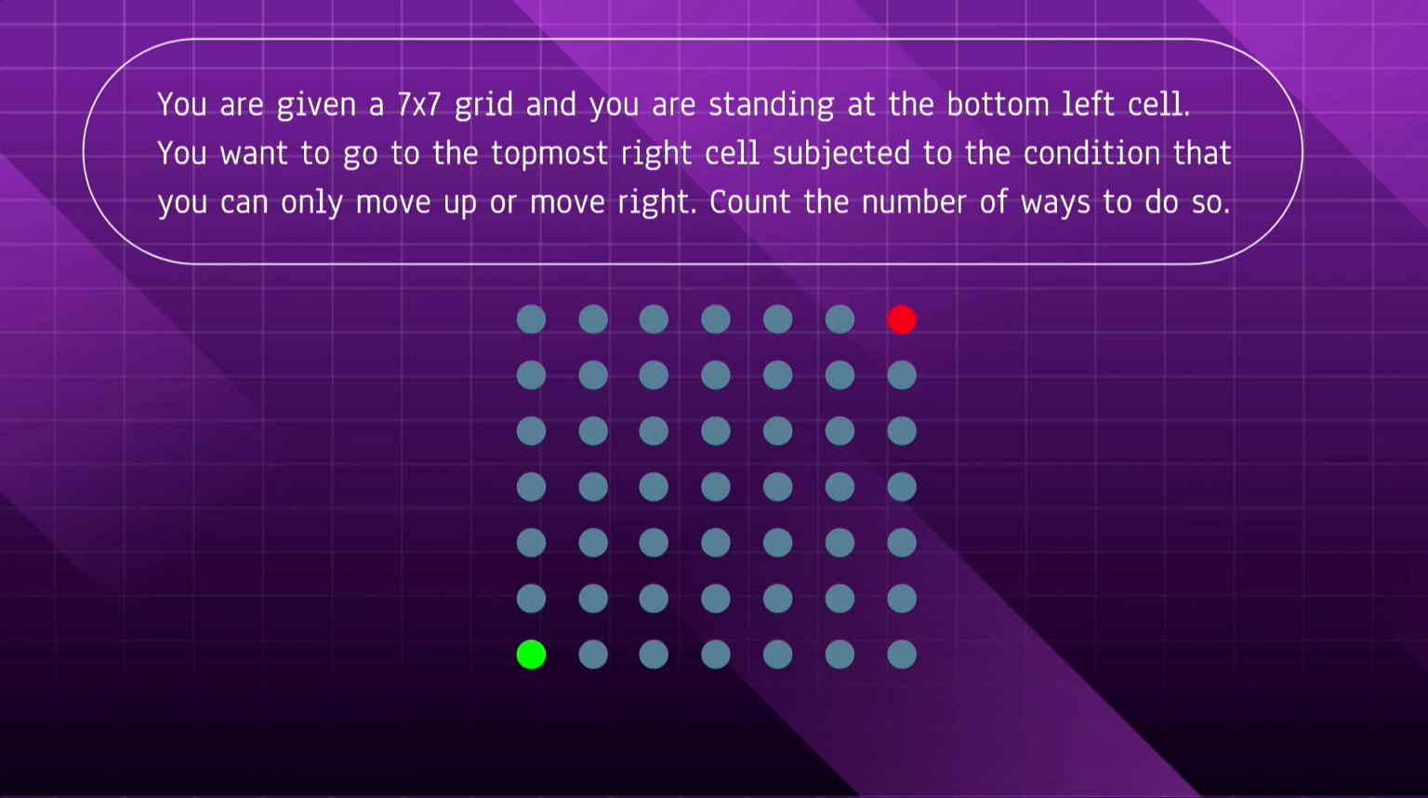Someone said 12C6. But you should say it as 12 factorial upon 6 factorial 6 factorial, because I just explained in the previous slide how that L plus M thing comes. So basically arranging 6 U's and 6 R's is something like,